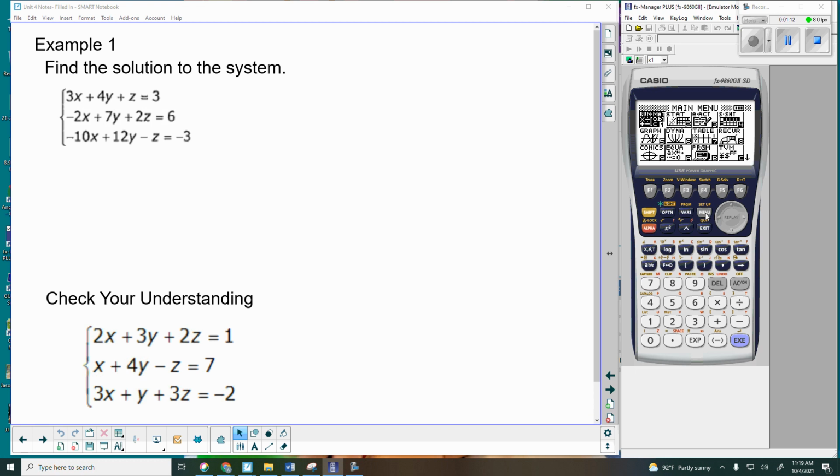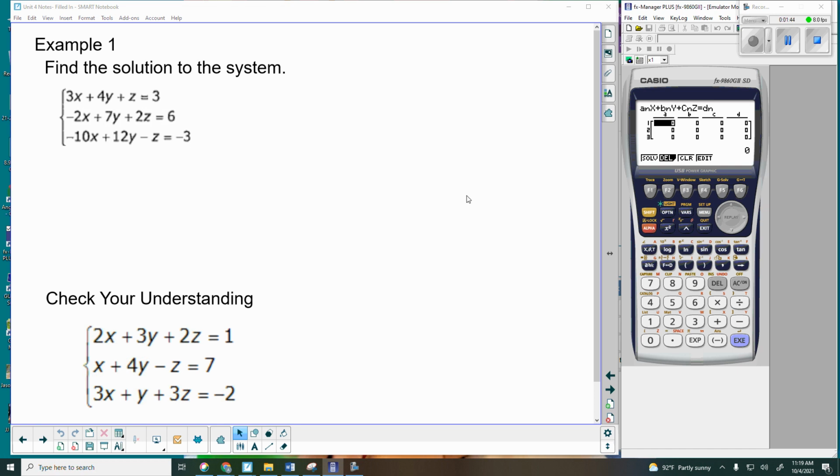So, we're on menu, equation, so I'm going to go down and over. Simultaneous is F1. We have 3 unknowns. And then I'm going to clear it. I pressed F3 to do that. And then I'm going to type in just the numbers. So I have all my variables on one side with my x's, y's, and z's in order, and my constants